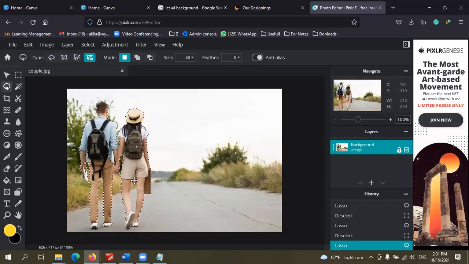Right, now you can see that I can't select the area between the girls here, the leg area, right? But you can use another tool to do that, so don't worry about that. There can be areas that you can't select. And again, there can be misselected areas, so don't worry about them. Just try to make a rough selection, okay?